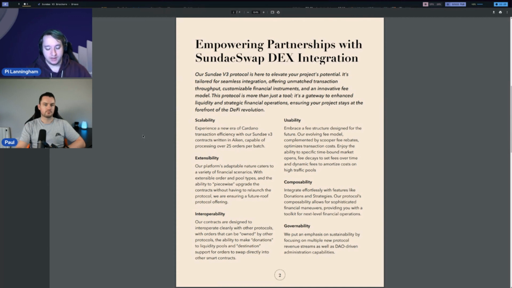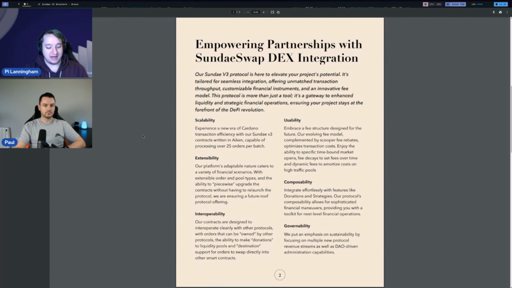And the way to tackle that is by allowing new smart contracts that people can opt into interacting with. They can say, hey, I want to deposit liquidity into this new pool, or I want to swap against this new contract. And the challenge there is that it has to be designed carefully so that new contracts can work with the old contracts, right?